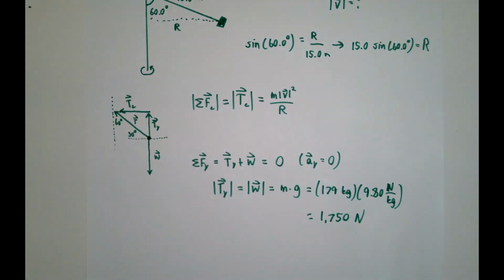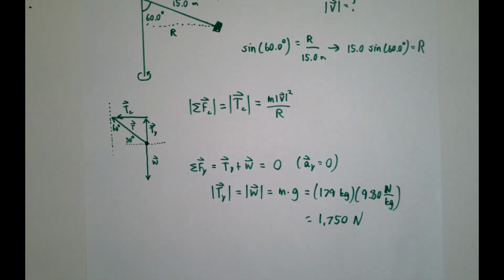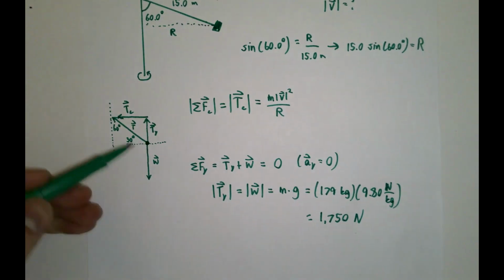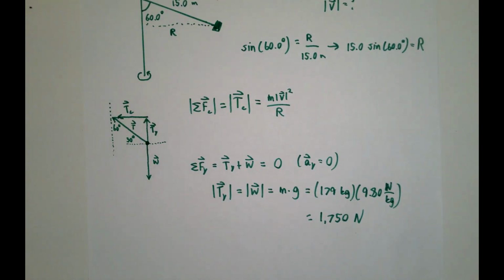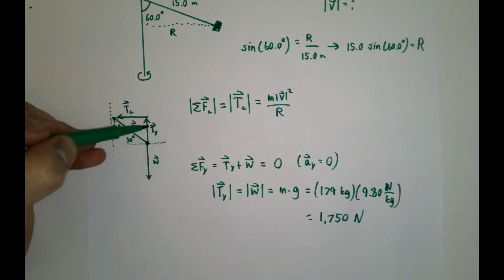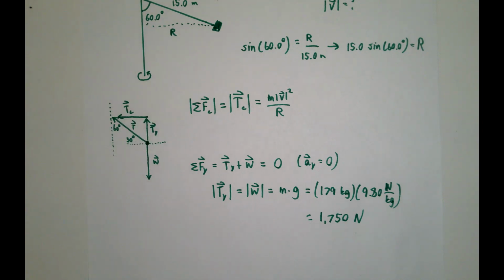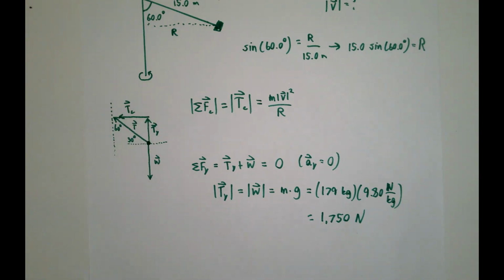1,750 newtons. That's the tension in y. That is the force that the tension exerts on the person to support their weight. Remember, the tension's accomplishing two tasks. It's both supporting the weight and contributing to centripetal motion. Now that I have tension in y, one side of this vector triangle,